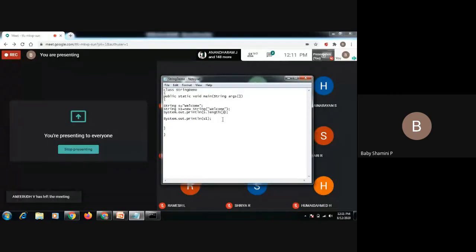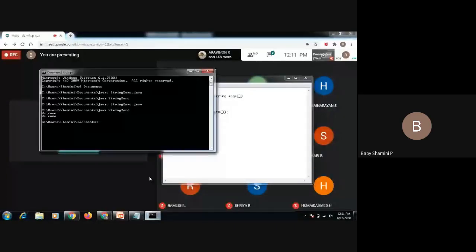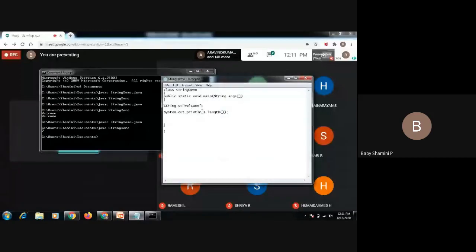It will display the length of the string. So what is the length of the string? 7. We have 7 characters in the string welcome.